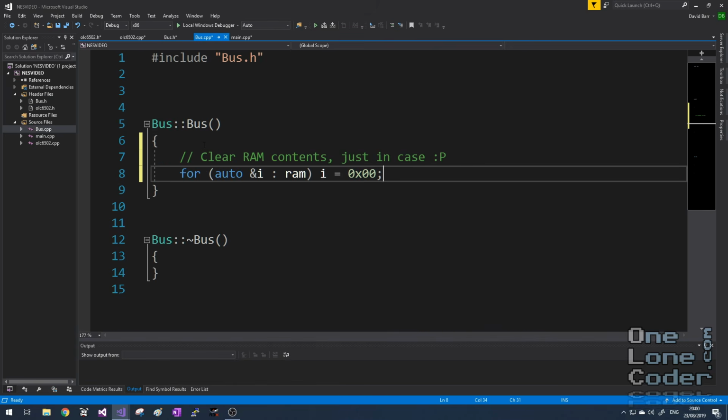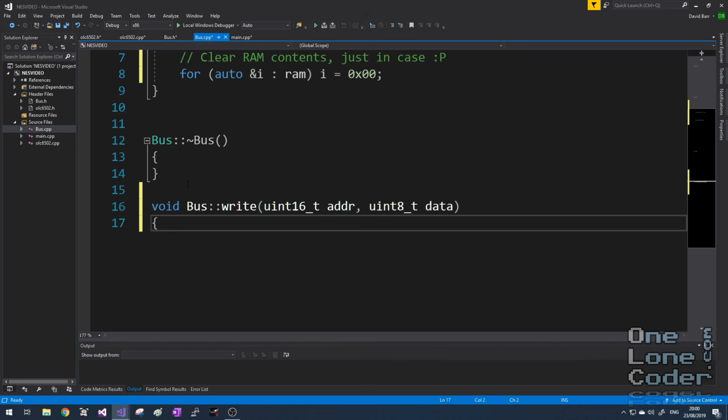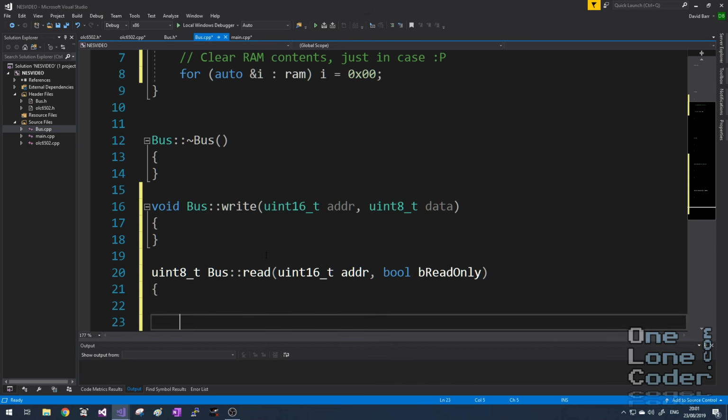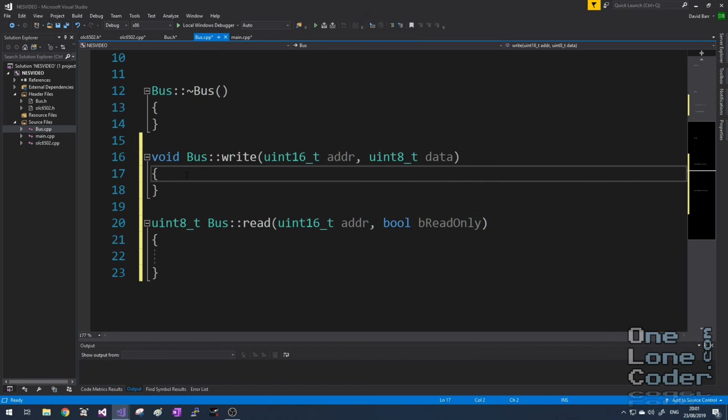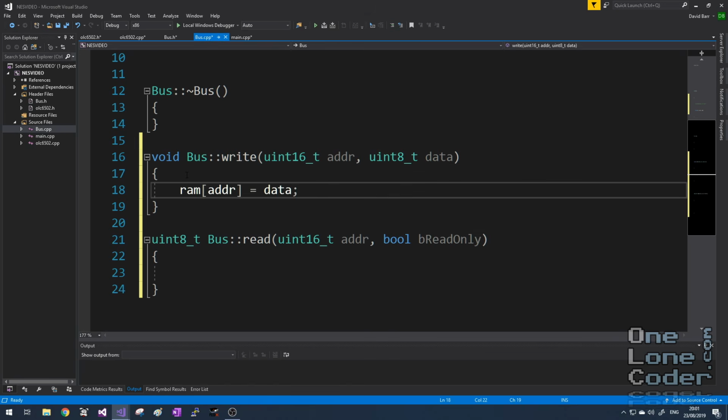Because I'm using a standard array, I can iterate through it to reset its value. This is just in case. I'll set it all to 0. And I'll provide bodies for my write and read functions. Since the only device on my bus is my RAM, I can simply access it straight away using the address